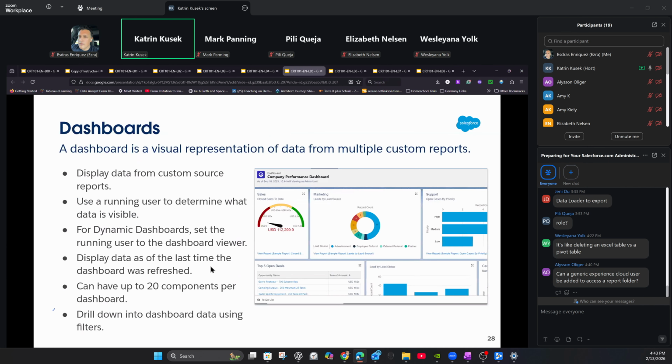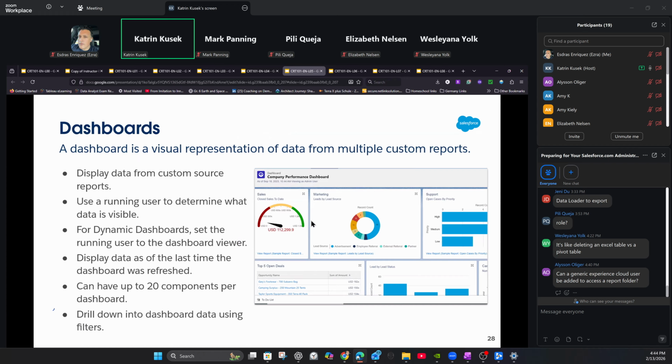All right, well then, we are done with reports. Let's move on to dashboards. And the reason why we talk about reports before we talk about dashboards is because the dashboards are basically pulling the information from the report and then just visually display that information. So this right here is my dashboard, and a dashboard is made up of components, up to 20 components per dashboard. And each component, as I said, is pulling the information from that report to then visually display as a